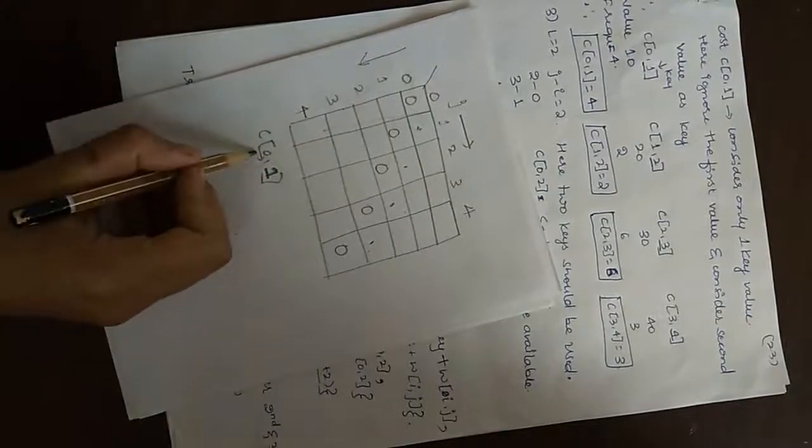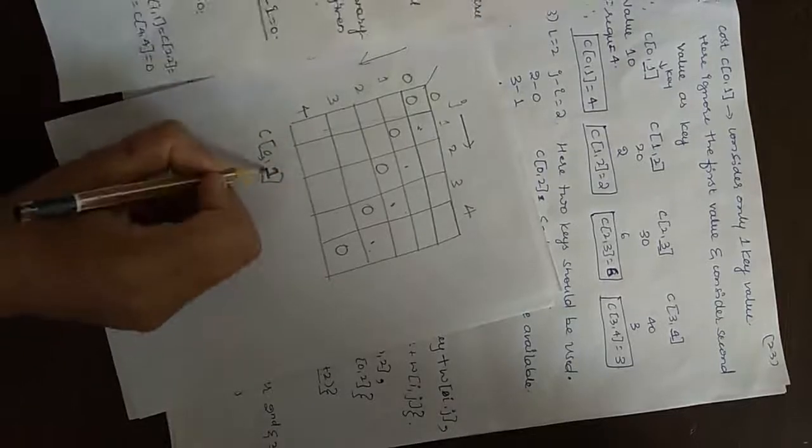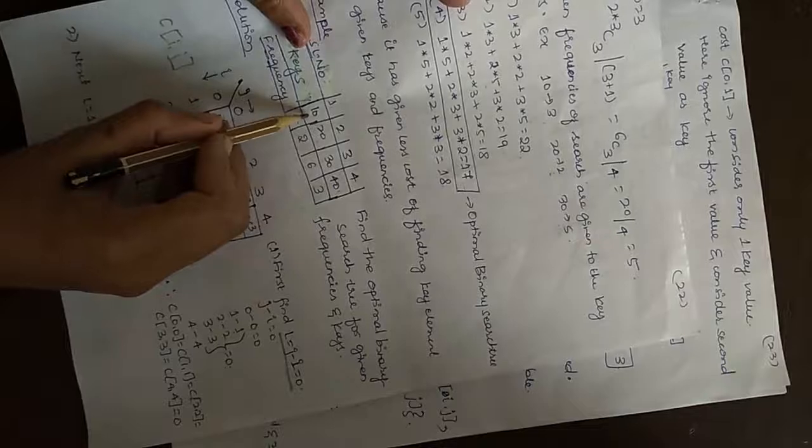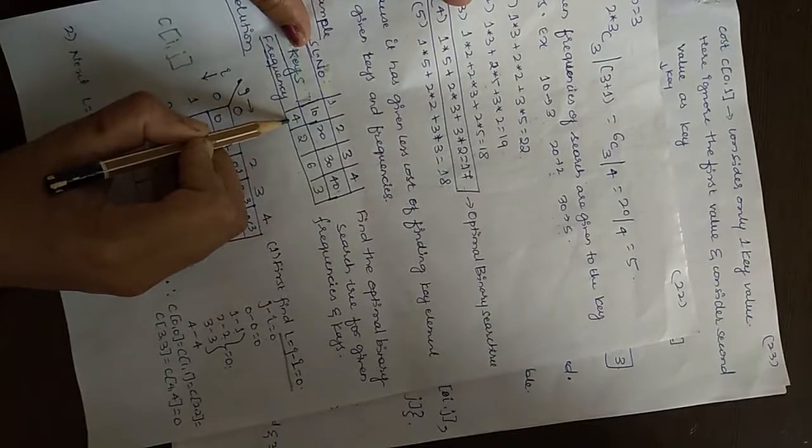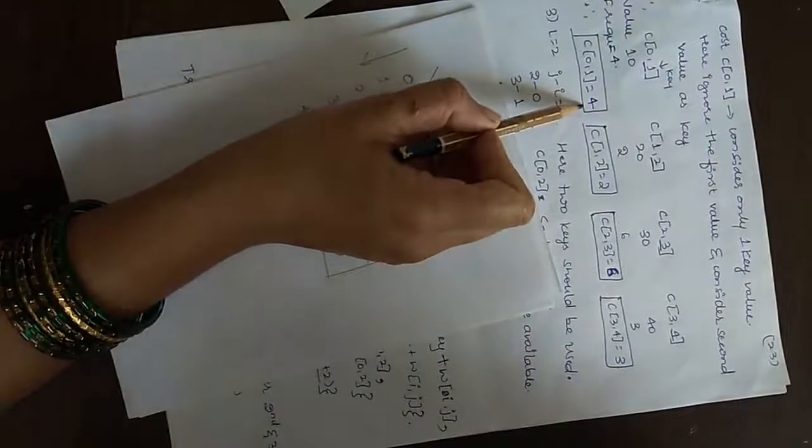So we don't have any 0 in our keys, is it not? We are directly provided with the key number 1 itself. So neglect 0 means leave that one and consider the first key. What is our first key? First key is 10 here. What is its frequency? Its frequency is 4. So that is why the cost is 4 here.